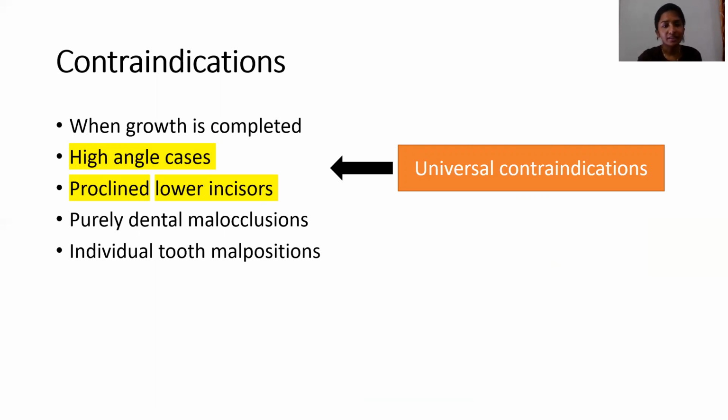Now, this high angle case and proclined lower incisors are some universal contraindications which you can write for any of the functional appliances. Again, purely dental malocclusions and individual tooth malpositions. When the malocclusion is completely dental, it is not necessary you need to go for a growth modification appliance like